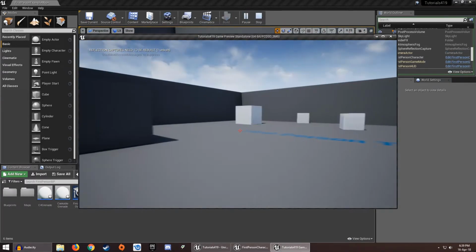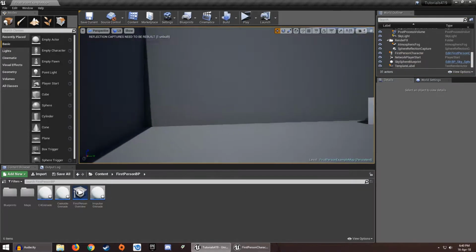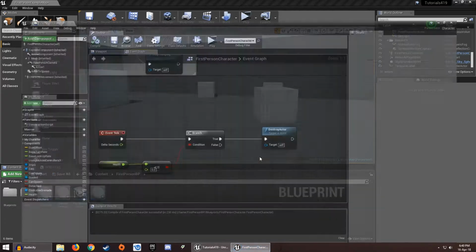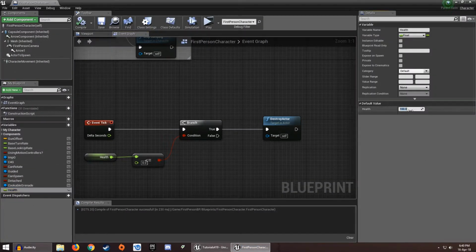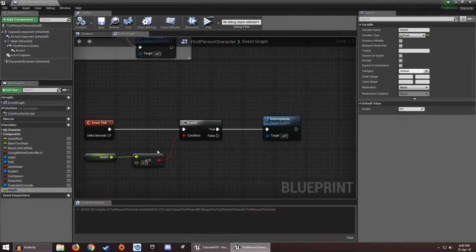Okay, so now if we are going to get 0 health, which is never going to happen, we are going to die. So let's see, if I set our health to 0, our character should not spawn. As you can see, here is an error, our character is not going to be spawned and we are going to die immediately. Okay, so let me change this back to 100,